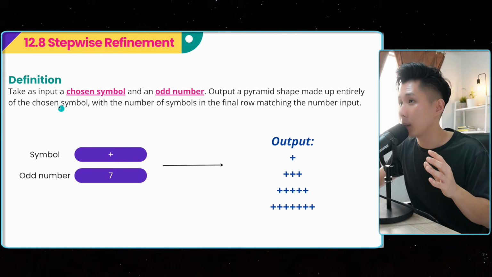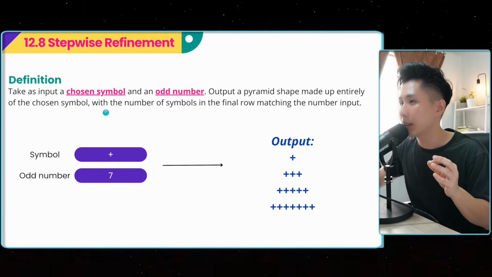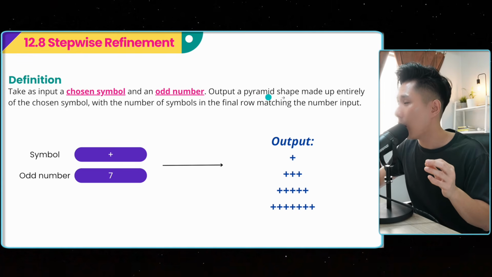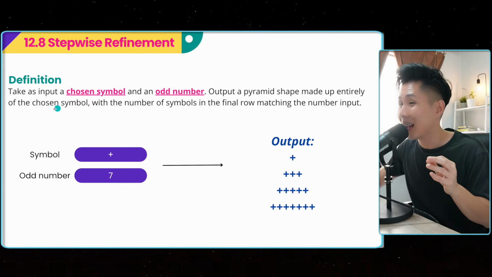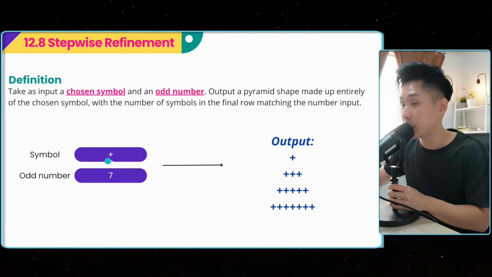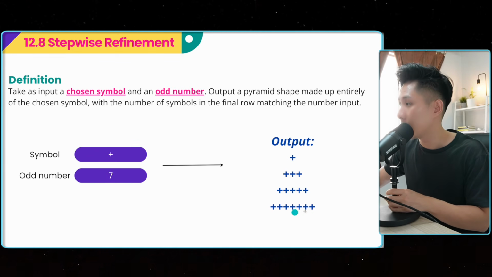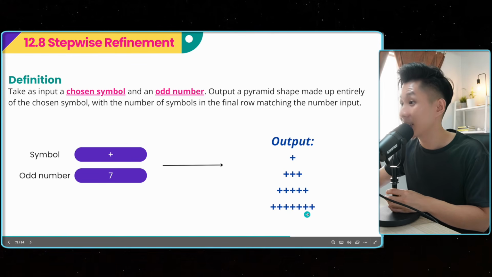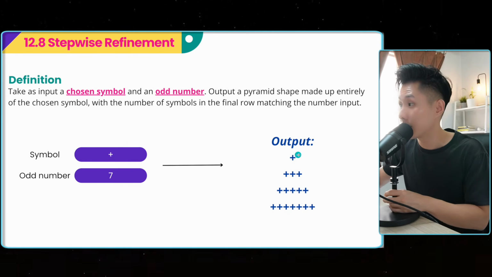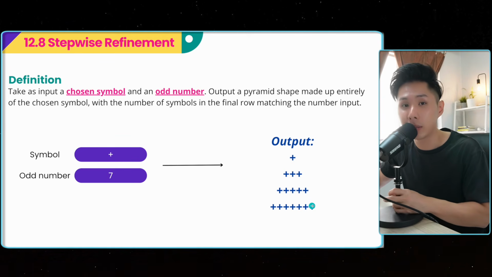So let's say your problem is to take an input, a chosen symbol like plus, and an odd number, 7. Output a pyramid shape made up entirely of the chosen symbol, with the number of symbols in the final row matching the number input. So in this case, since my symbol is plus and the odd number is 7, you can see that this pyramid that I'm building, the last row will have 7 plus. But of course, I'm going to start off with 1, 3, 5, 7, all the odd numbers